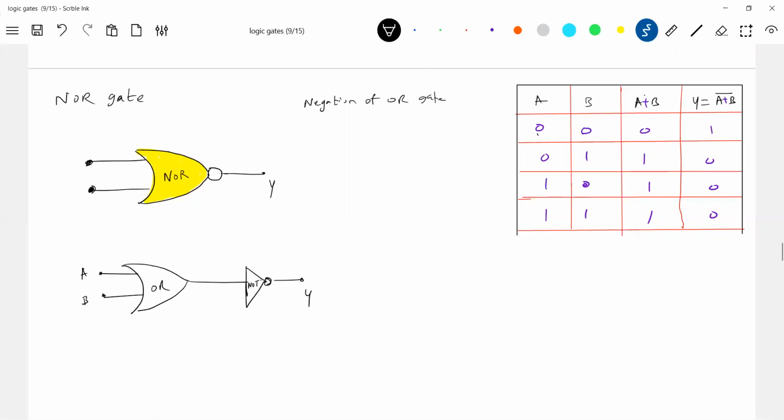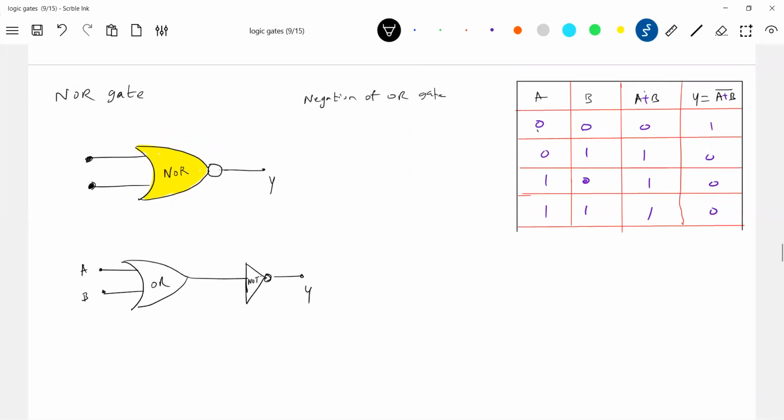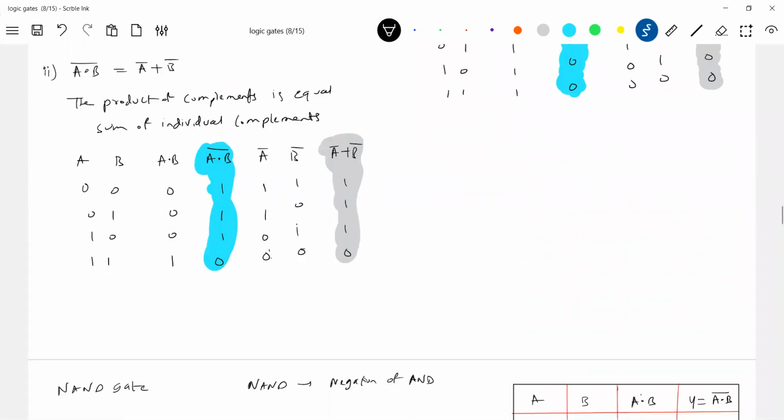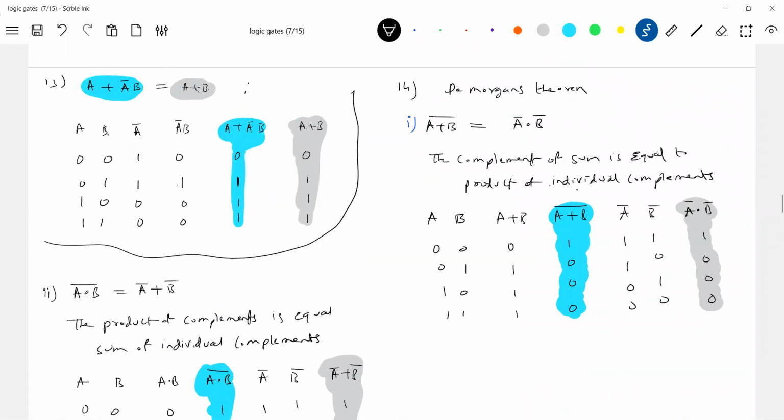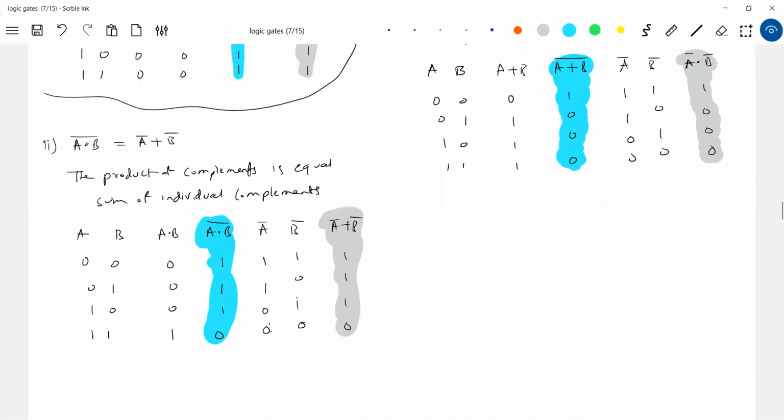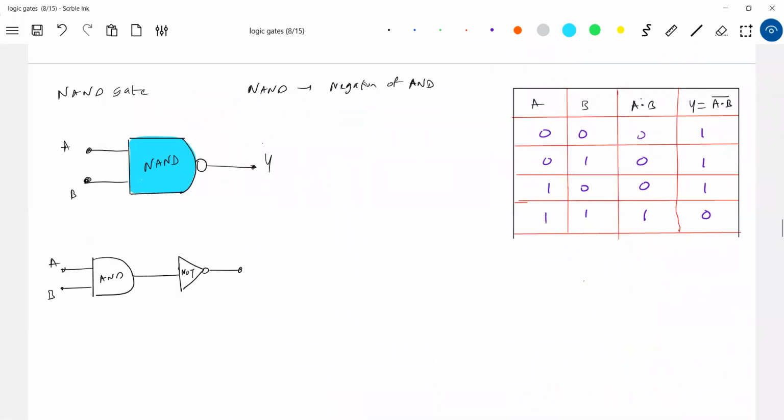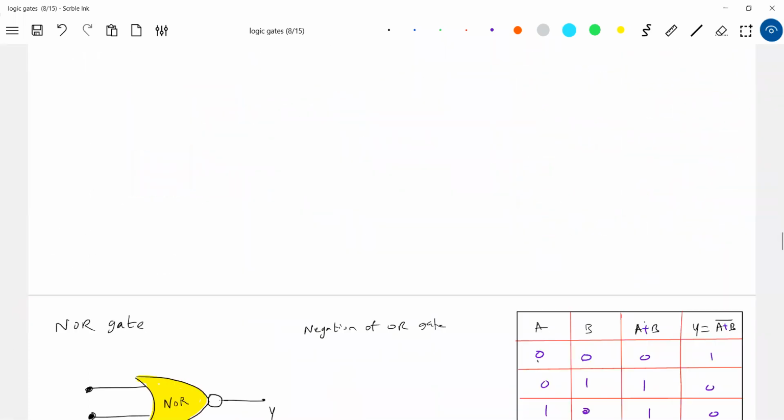Why, sir, why again are these operations brought in? Because if I want to go for this Boolean operation, how many gates are needed? I need two NOT gates and one OR gate. And what is a NOT gate? A negation, a transistor. What is an OR gate? A diode. So manufacturing will become a problem. I want everything to be uniform. That's why I'm bringing these gates here. That is the use of these particular gates.